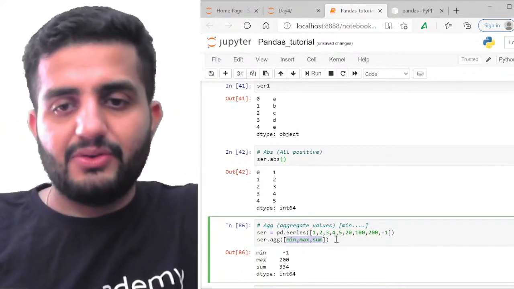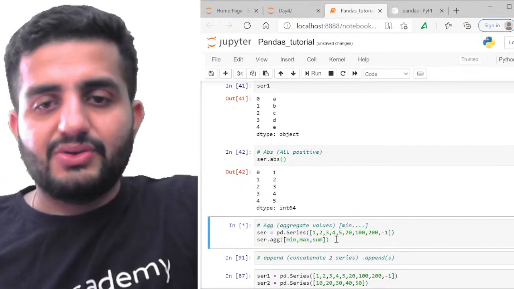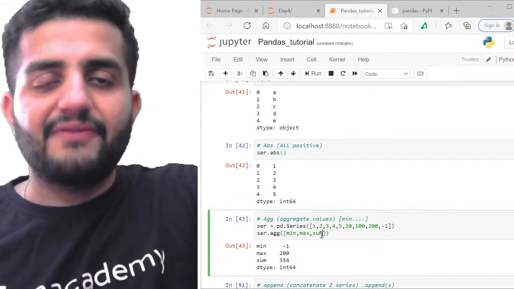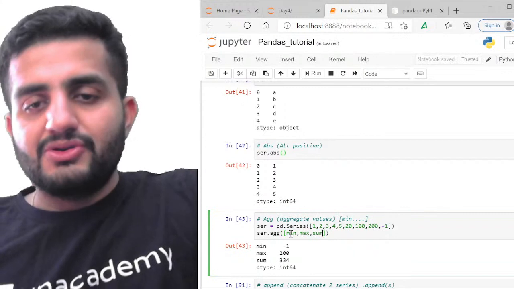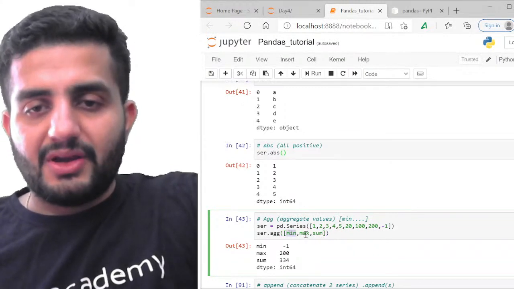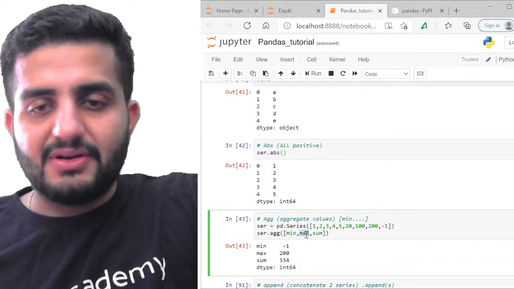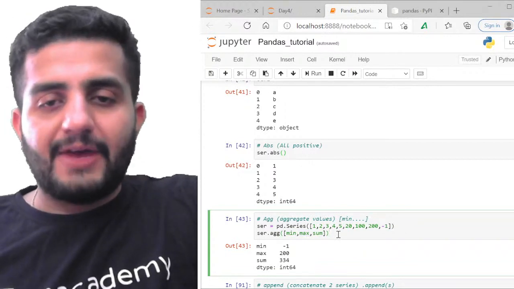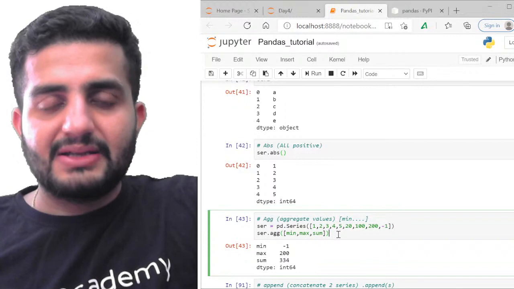So for example, if I run it like this, you can see the functions min, max, and sum. These are inbuilt functions, right? And how do you identify that? These have turned green. Can you see this? So all these have turned green. So if you do it like this, you should be able to find out the data points min, max, and sum straight away.